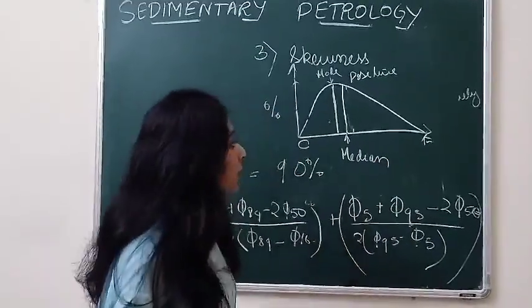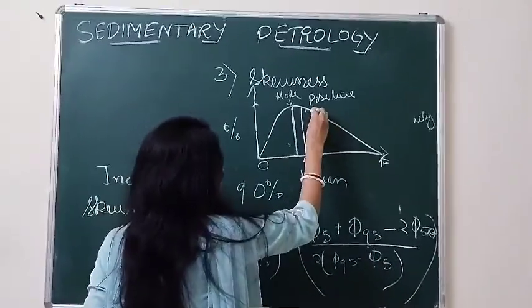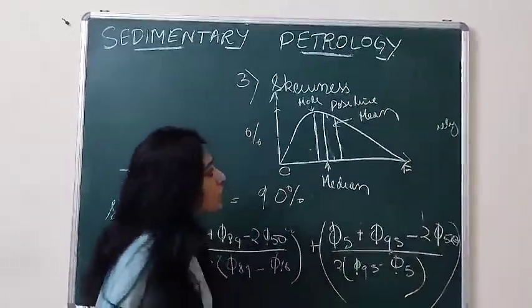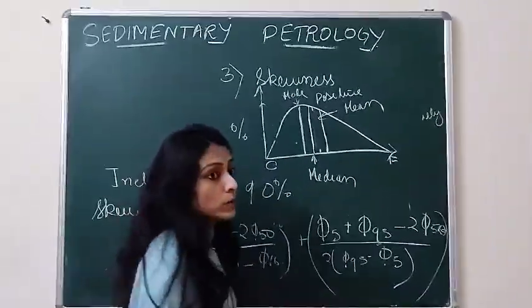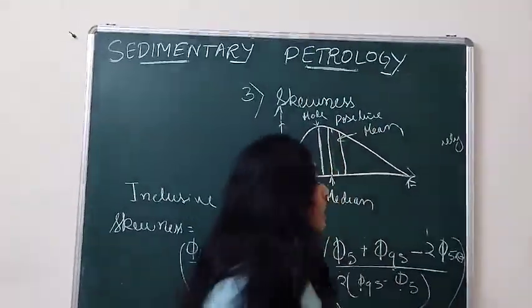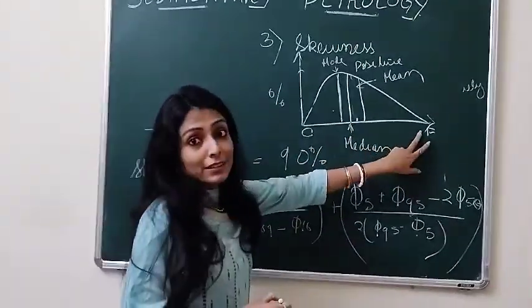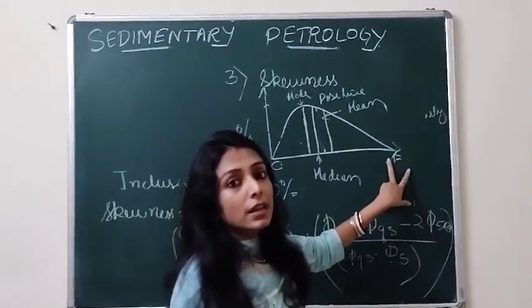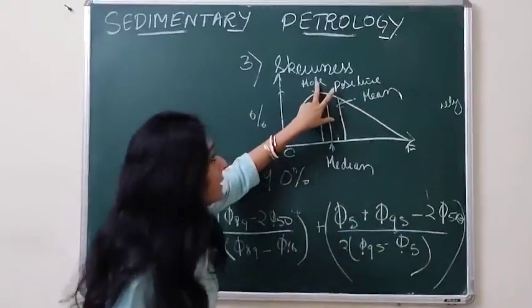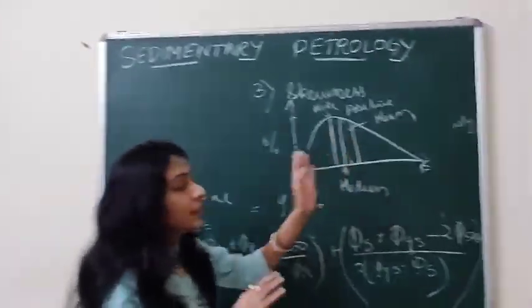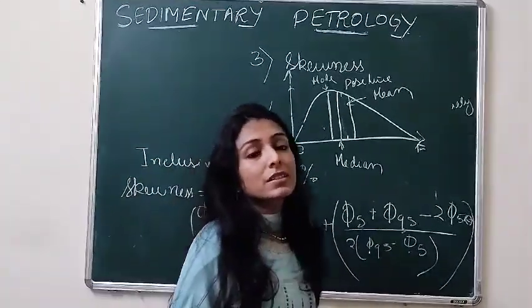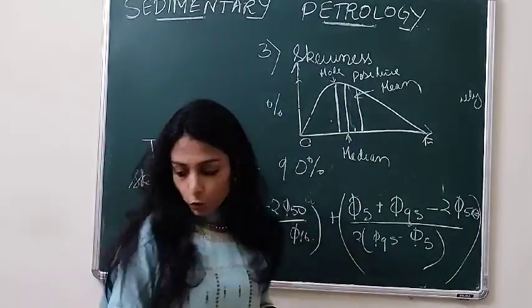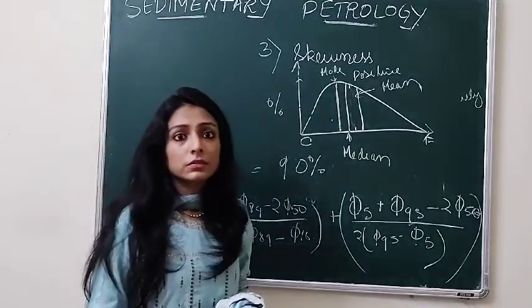Okay, and the mean, where will the mean be? The mean will be somewhere here. Okay, the average grain size will be somewhere here. So this is all about positive skewness. So one thing you see, in positive skewness, maximum particles are towards the finer side. So a population where maximum particles are towards the finer range will be positively skewed. Similarly, negatively skewed will be just the vice versa. So this is about positive skewness. Now I'll draw about negative skewness.